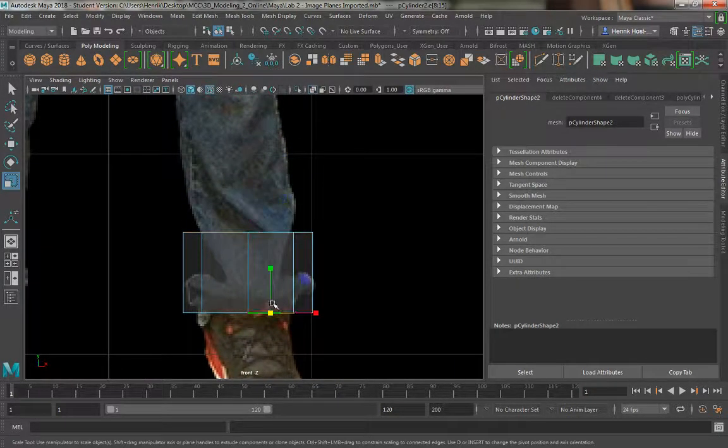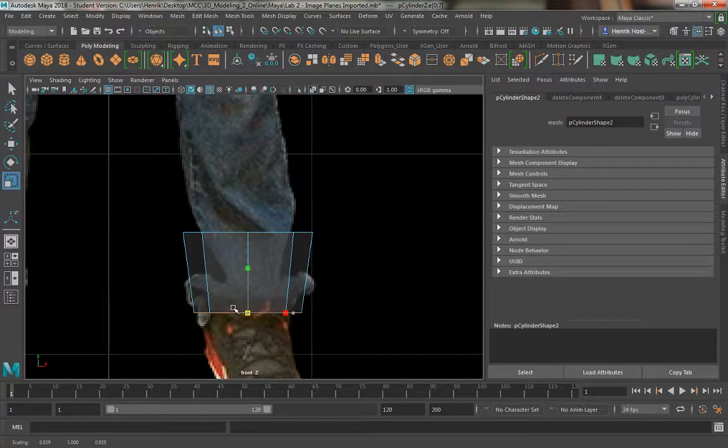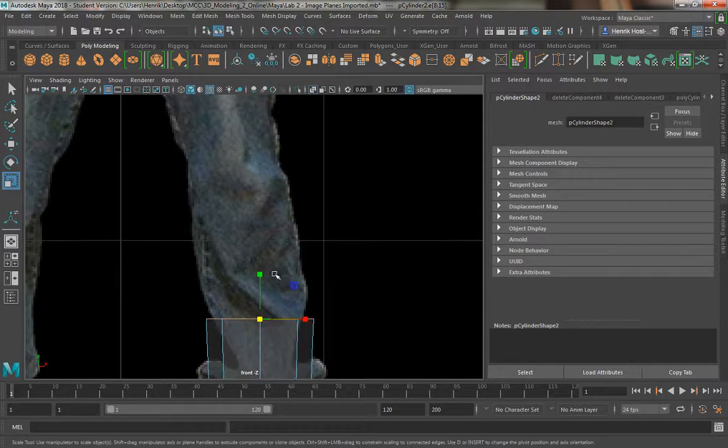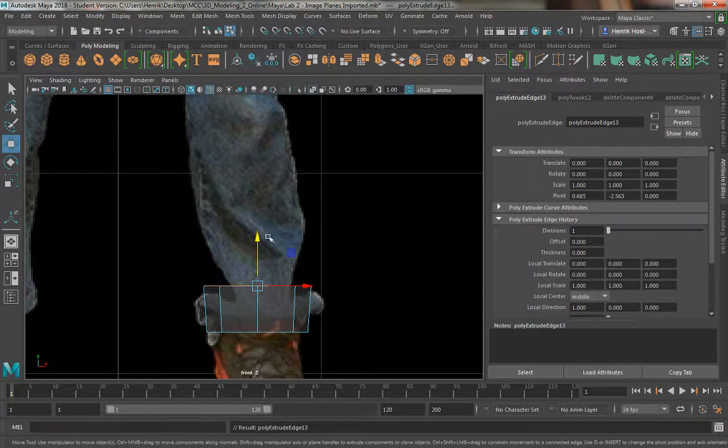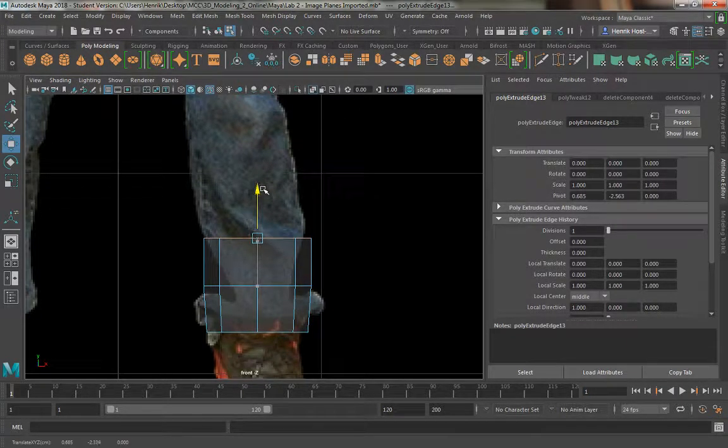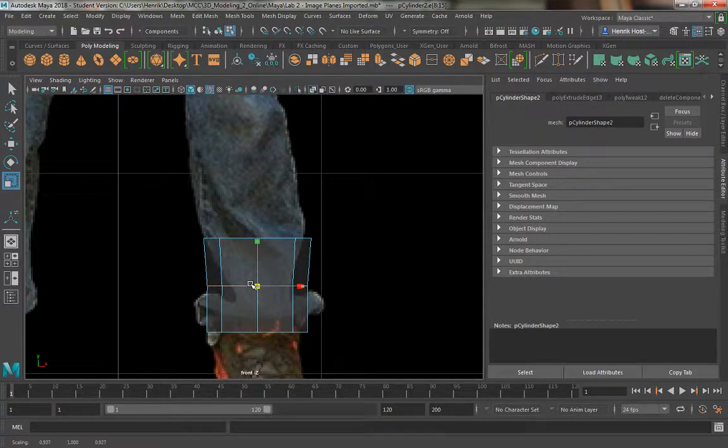I'm not going to worry too much. I'm just going to scale directly like this, and then using the yellow one, I'm going to run up this one, because this one's skewed in a weird way. And I'm going to bring this down just slightly, and then run an extrude. Maybe I'll scale this one in a little bit more, like so, and then bring this off to the side, and then extrude up,